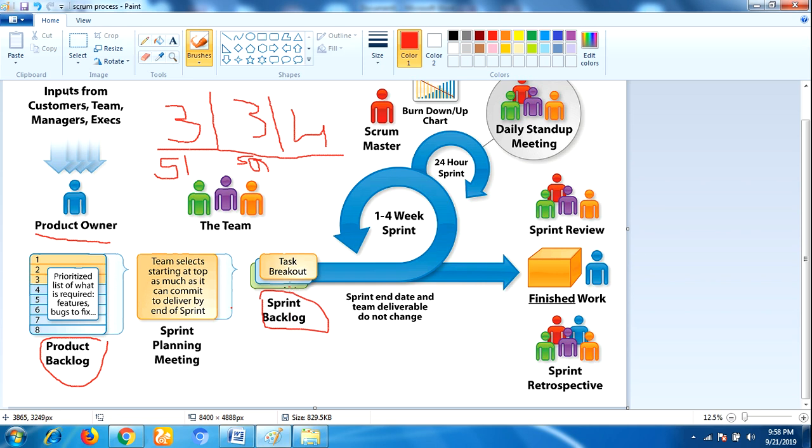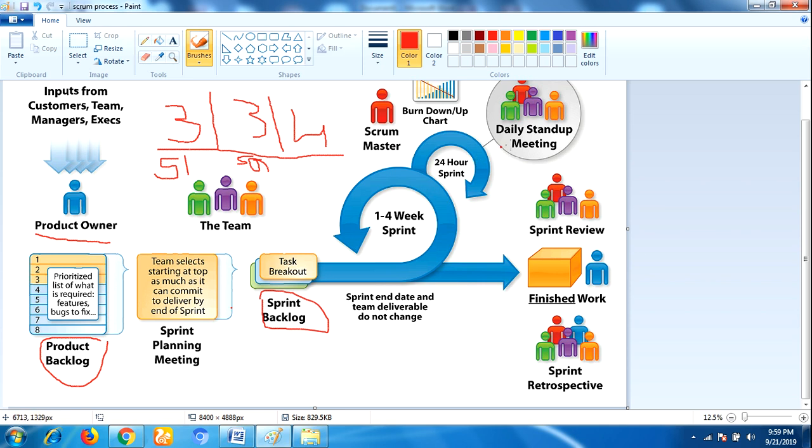Then in the sprint backlog, developers do their tasks and testers do their tasks in parallel. The sprint must contain 2 or 3 weeks only, not more than that. So every sprint,